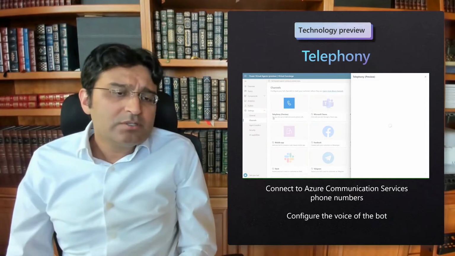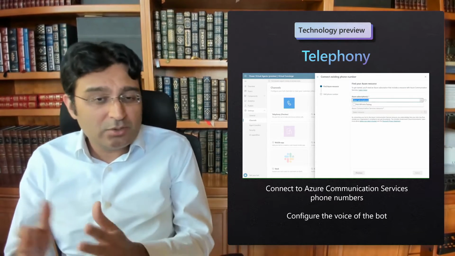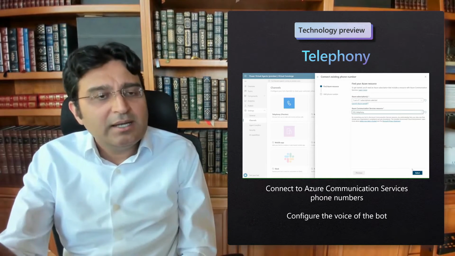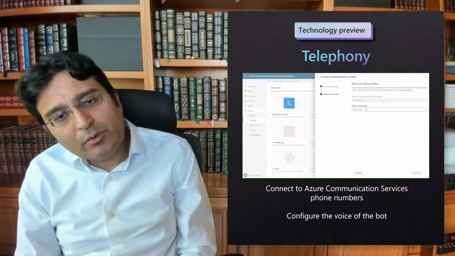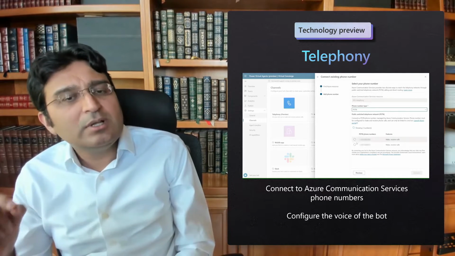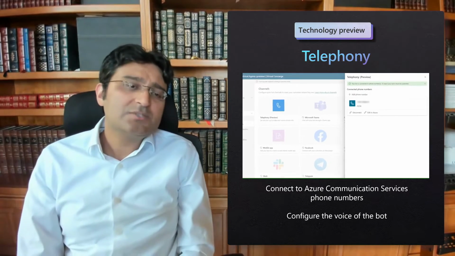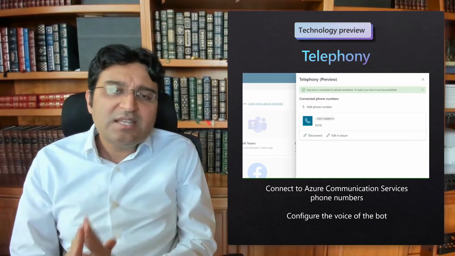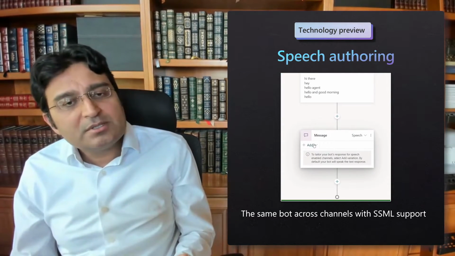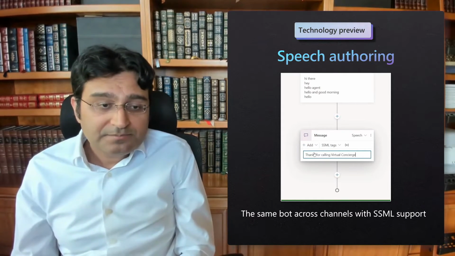Our second area of focus is voice and speech. I am excited to announce that you can now create your bot, acquire a telephone number, publish the bot behind it, and have your users talking to it over a phone. And you can do all of this with just a few clicks from inside Power Virtual Agents. Building powerful IVRs for your contact center has never been simpler. You can even author omni-channel responses tailored to both text and voice to meet customers where they are.